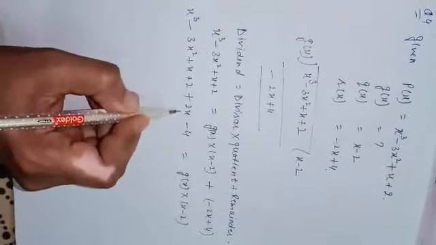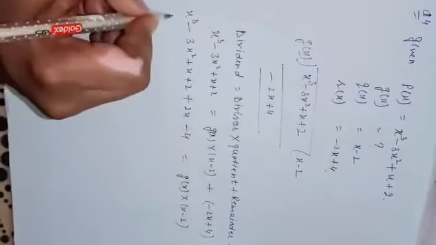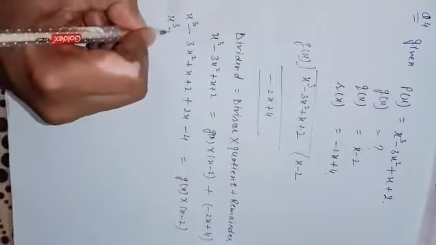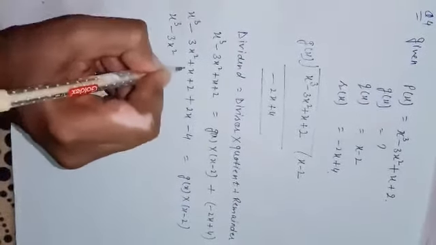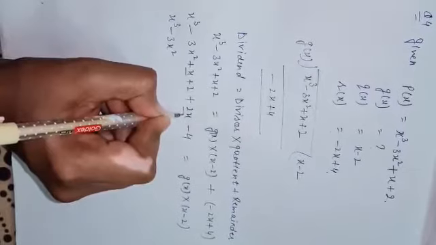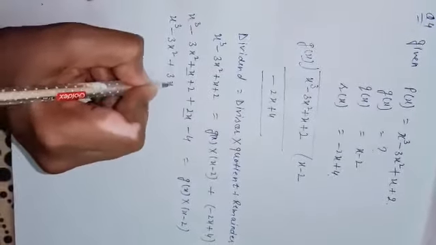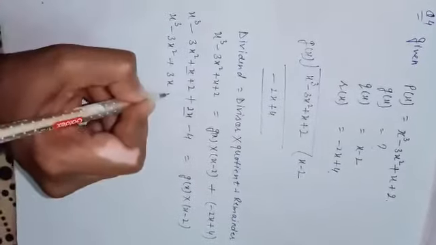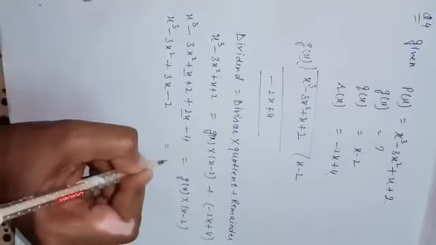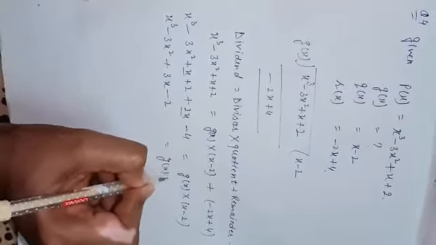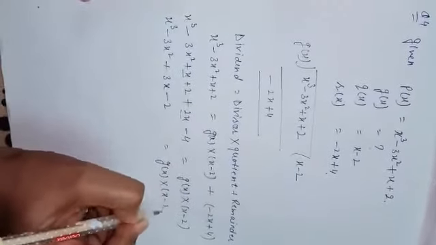Now we will solve the left hand side by adding or subtracting the like terms. So x cube as it is, minus 3x square. Here x and plus 2x are both like terms. We can add them, so it becomes 3x, and here plus 2 minus 4 becomes minus 2. Now g(x) multiply x minus 2.